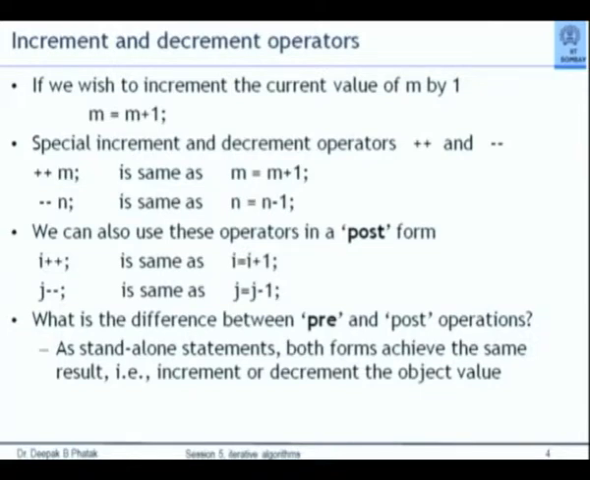However, there is possible confusion because C++ also permits us to write the same operators in a post form, which is I plus plus, J minus minus. Curiously, I plus plus also means I is equal to I plus 1. J minus minus will also mean J equal to J minus 1. So how do you distinguish, for example,